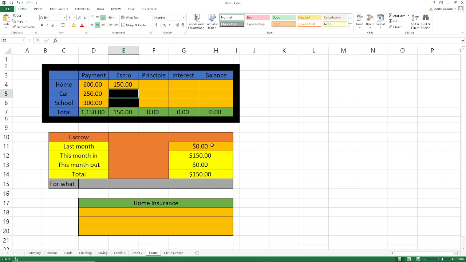And you can see this one is gold. So that's from the last month. If the last month had 150 in it, so now you have $300. Then you get the principal. The principal should be around 200, and the interest is 250. And then the end of the balance is